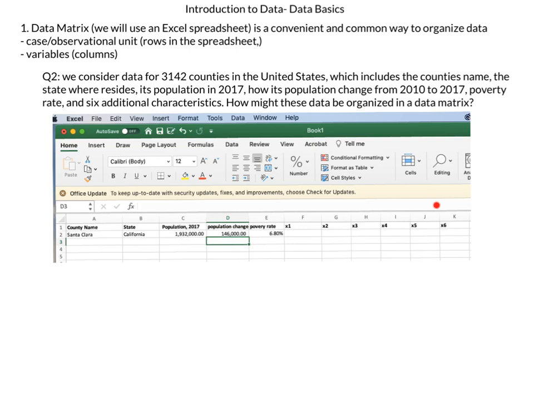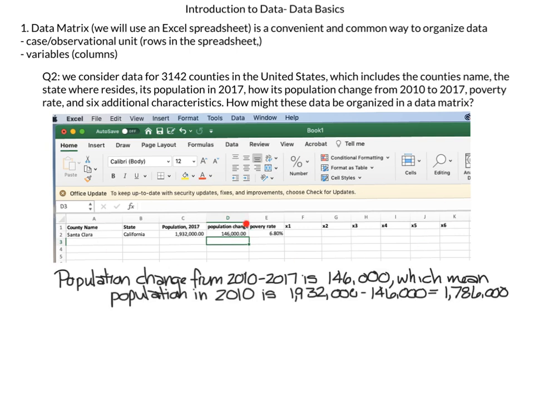But anyway, let's just look at this data just for a moment. I just want to be able to look at this data and make some inferences. So population change from 2010 to 2017 is an increase, 1,046,000. If it had been negative, either I would have put a negative sign, put it in red, or sometimes spreadsheets put a parentheses around it. That's an accounting thing. Parentheses around a number means it's negative, but it's positive, which means it increased from 2010